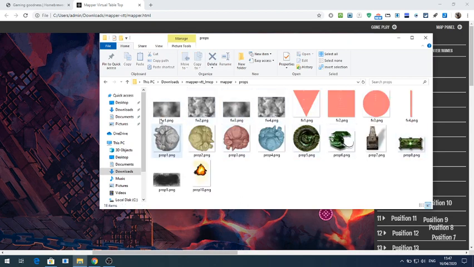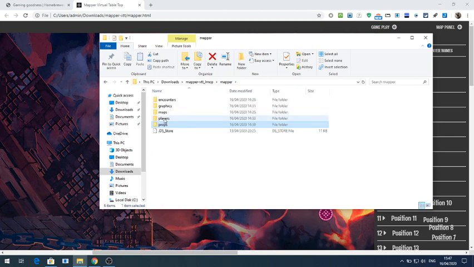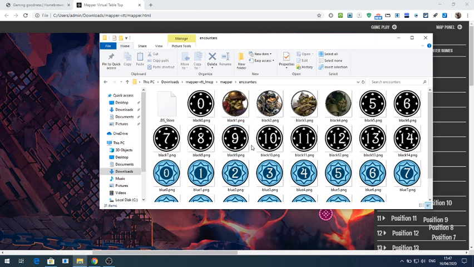I didn't think I brought any props in, but I changed the fog of war to some actual fog. Fog of war is named FW1 to FW4. Your templates are named FX1 to FX4, and your props are prop 1 to prop 10. So if you want to change the props, you can do that as well. And for your monsters, you've got